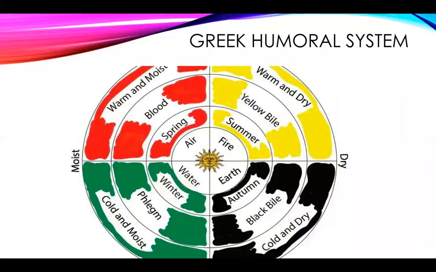And so this gives you a sense of the Greek humoral system, with its focus on blood, phlegm, yellow bile, and black bile, and how it was associated with different elements and different seasons. They would try to figure out what humor you are lacking, what humor is overly present, and then how to restore the other humors so that you would be evenly balanced. That was the focus of that system.